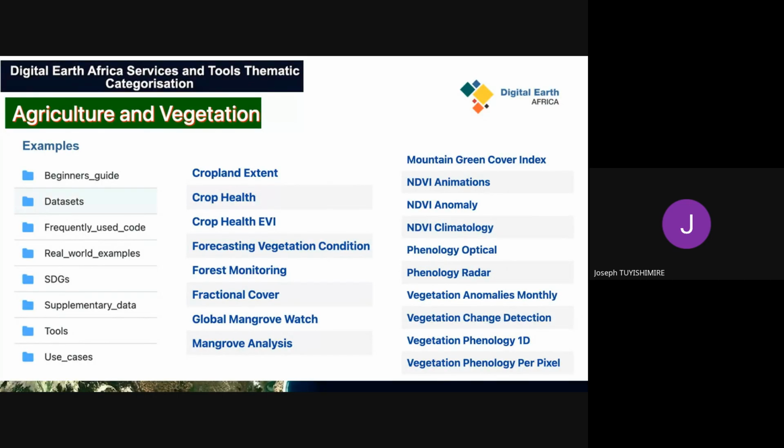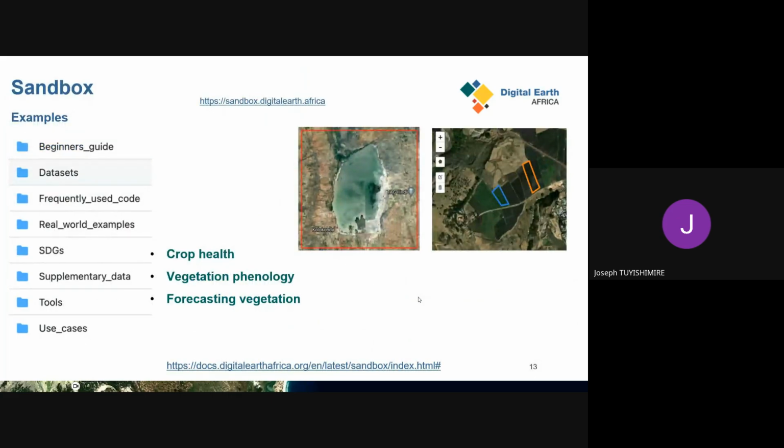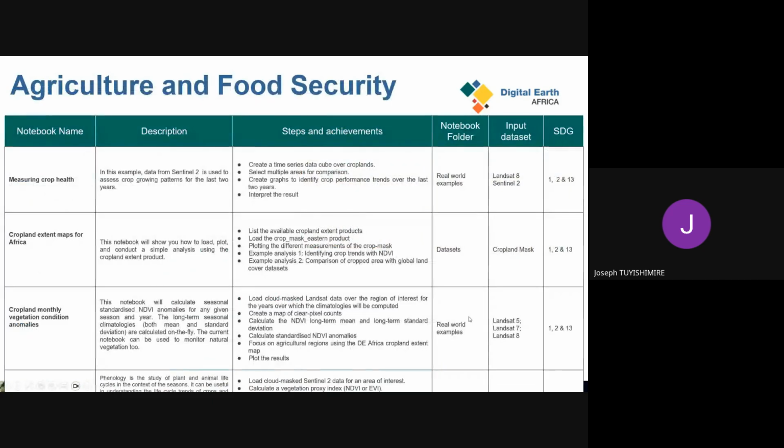Those could be useful tools that help us monitor agriculture and vegetation in general. For example, for the crop health tool, we can compare several plots of a given area.